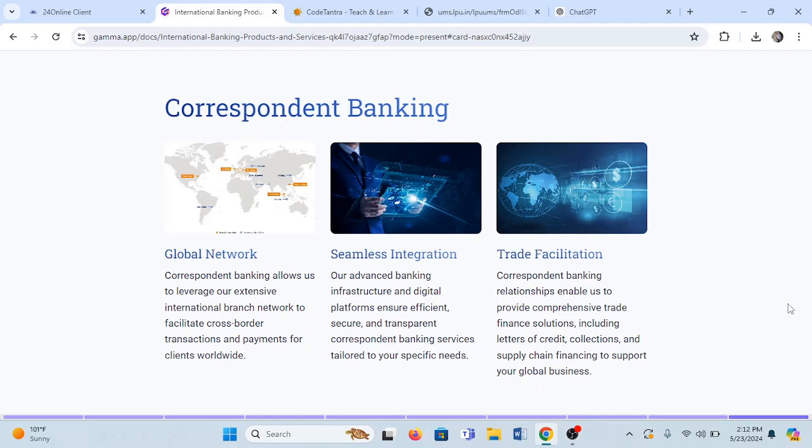Same as in the case of trade facilitation, correspondent banks help you in bringing in a comprehensive trade finance solution, including letter of credit, collection, and supply chain financing to support your global business. Now you see this is what there is on